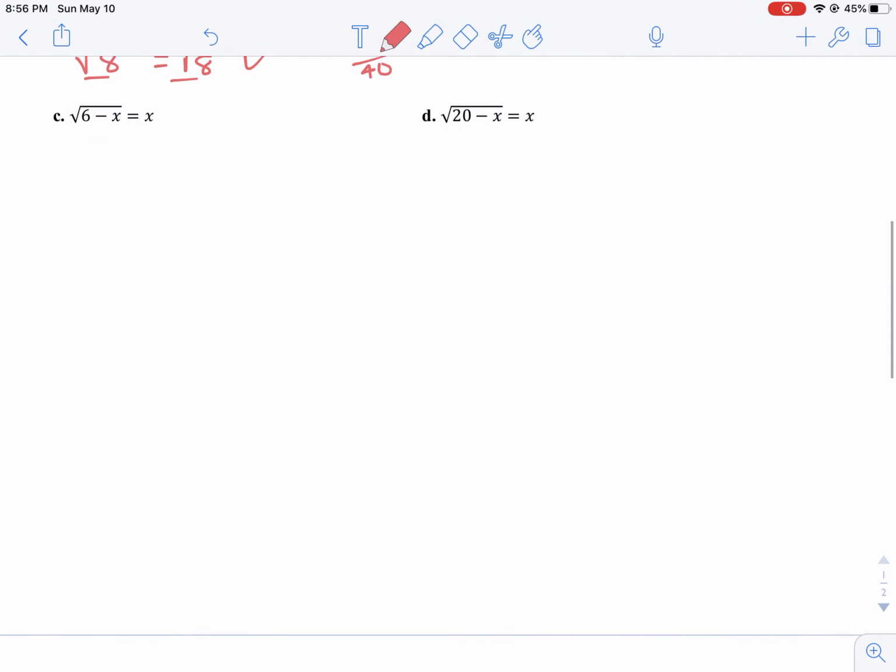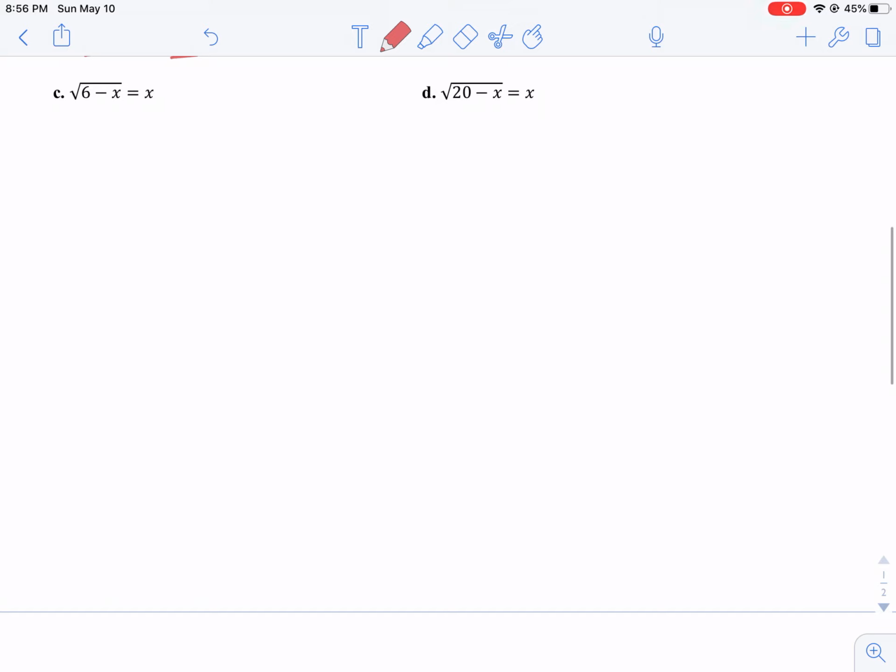All right, the next two examples are going to add in a little bit more difficulty. Again, on the left-hand side, we have root 6 minus x, so we have one quantity. On the right-hand side, we have the other quantity, x. We are going to go ahead and square both sides. So on the left-hand side, we're left with x minus 6. On the right-hand side, we're left with x squared. And this is where we're going to tie in what we learned in the last unit. So we have a quadratic equation, and we need to solve it. So what we want to do is move everything to one side of the equation,